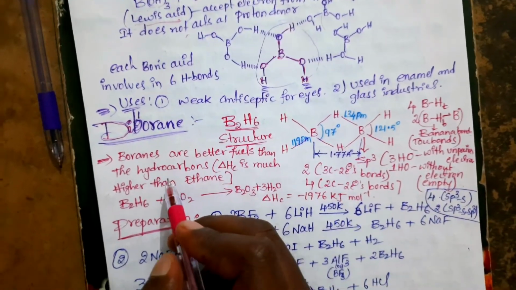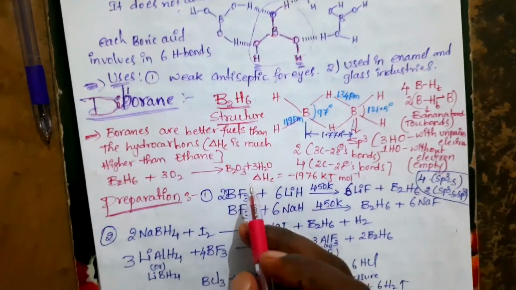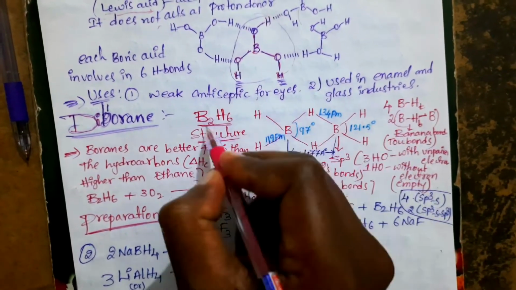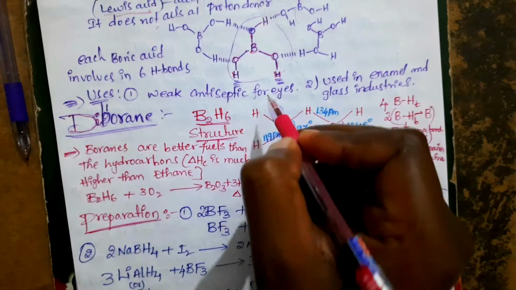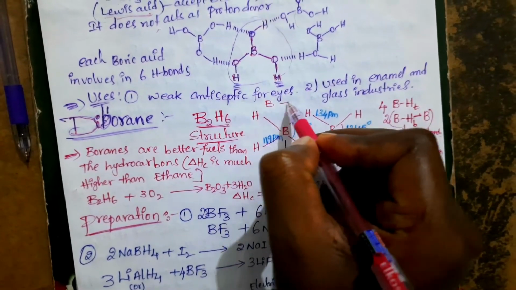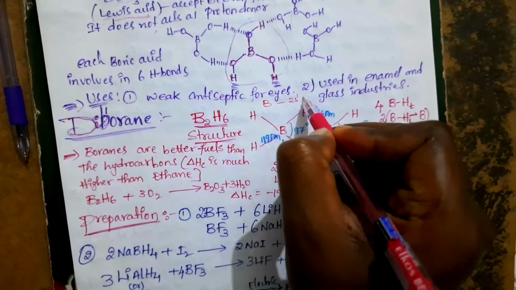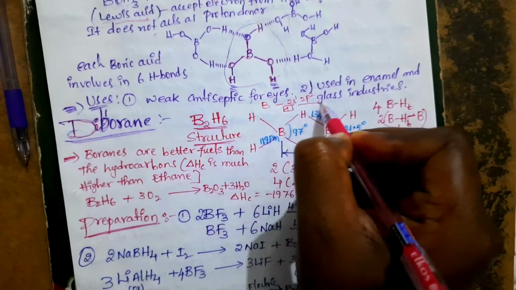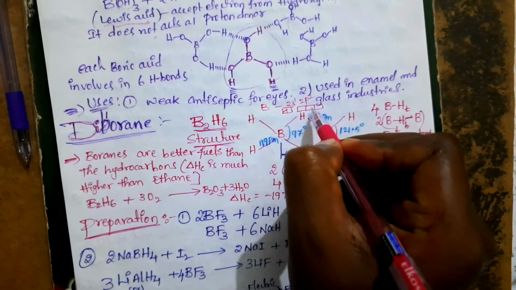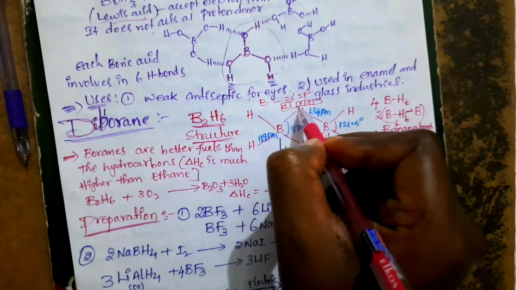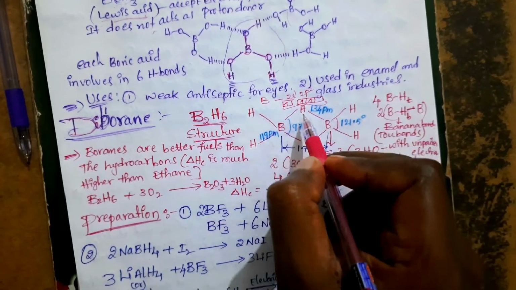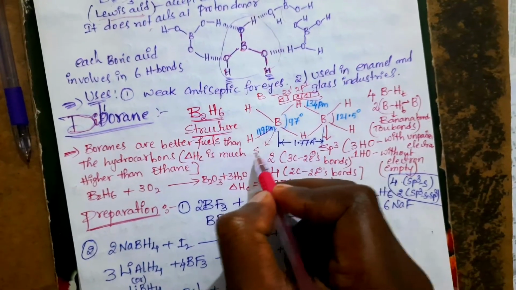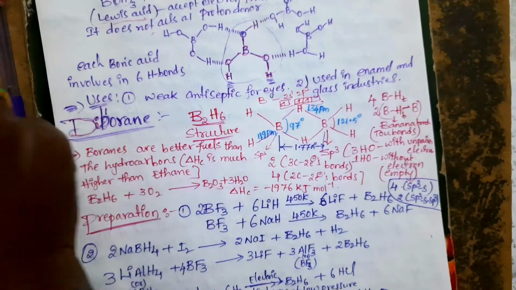Now the diborane, the next compound of boron, is very important. In diborane, the boron atom participates in sp3 hybridization. In the first excited state configuration it becomes 2s1 2p2; 2s has only 1 electron and 2p has 2 electrons. By intermixing these 4 atomic orbitals, we get 4 hybrid orbitals.